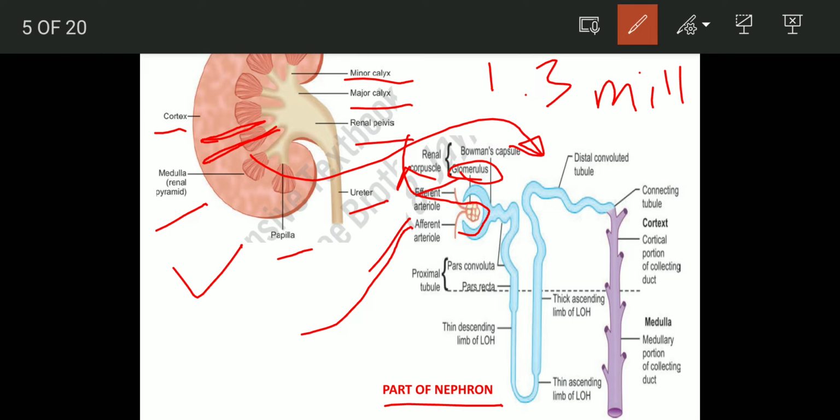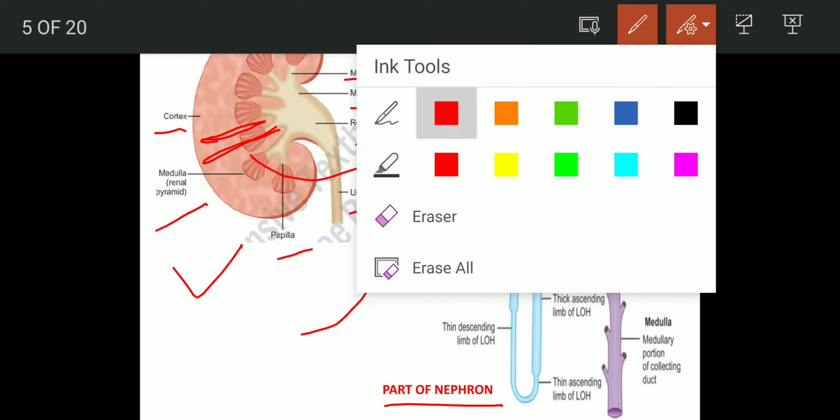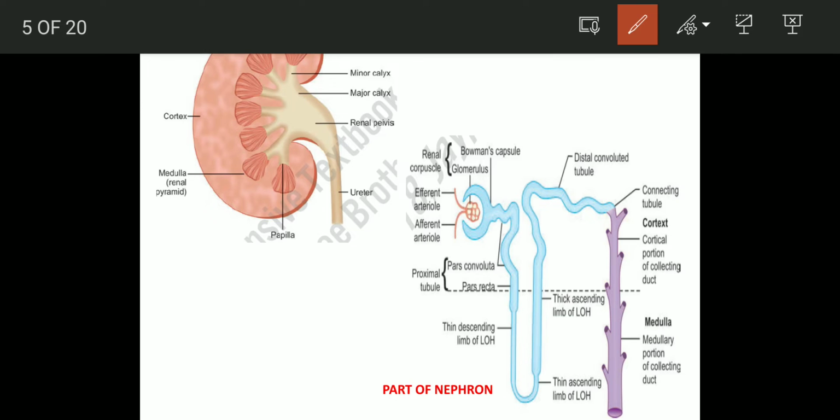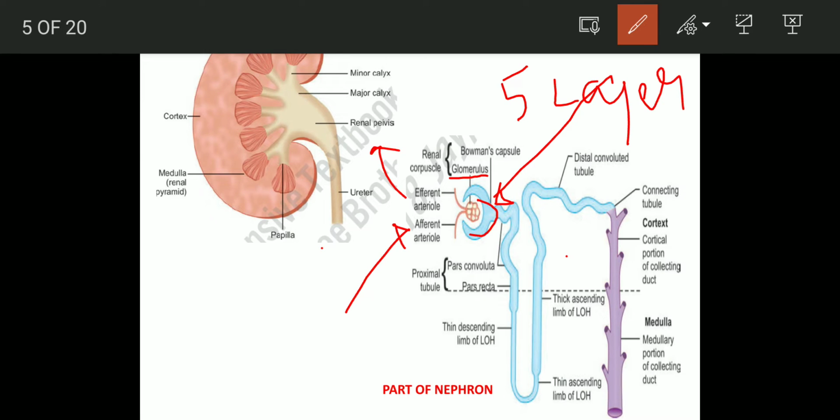So from this afferent arteriole, here you can see the glomerulus, and this is the renal corpuscle. Okay, one minute, I'll erase all. Now I'll be discussing this. Here you can see these are the afferent arterioles, and then it goes via the efferent arterioles. Here is the main proper thing, where there is filtration of the blood, and you have a filtration membrane. There are a total of 5 layers of the filtration membrane. I'll be discussing that in the next slide.